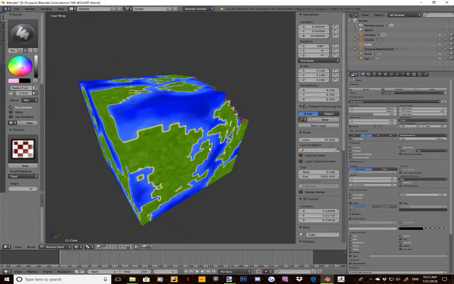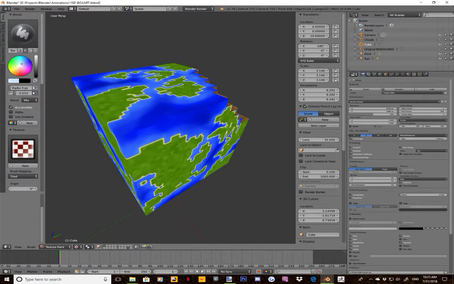Then I went into texture paint. So basically all texture paint does, so I've got my little colour wheel here, my palette, is it lets me paint directly onto my globe. Like I'm doing here, I highlighted my edges, and this is all the same controls as Photoshop. To make my brush bigger, just use my bracket keys. I can change my opacity,